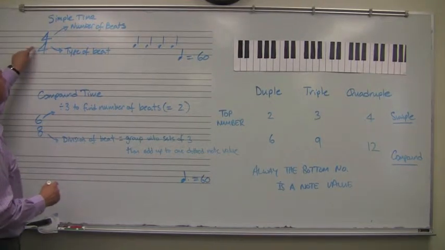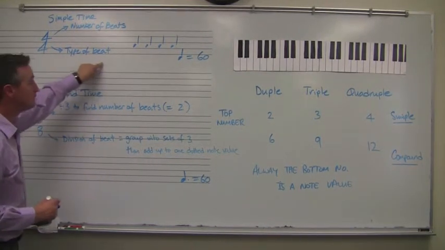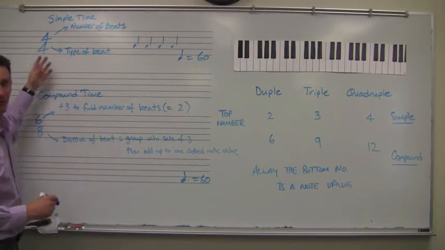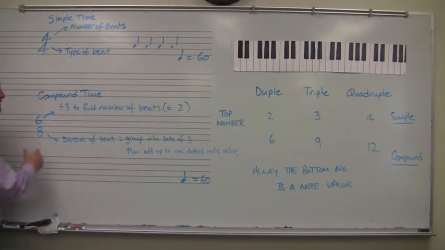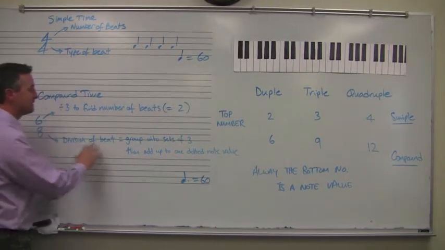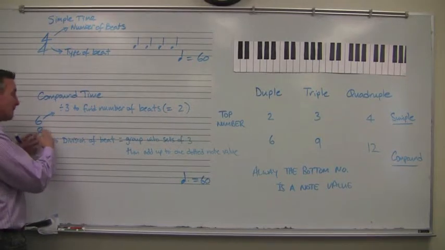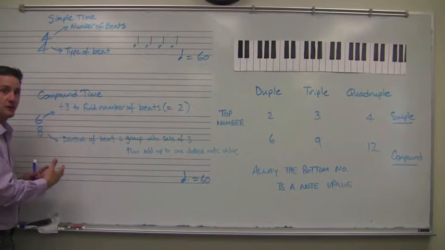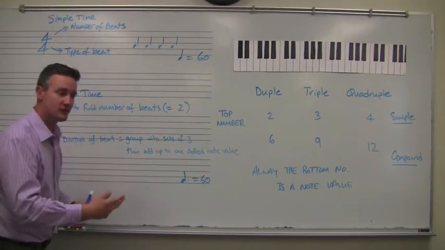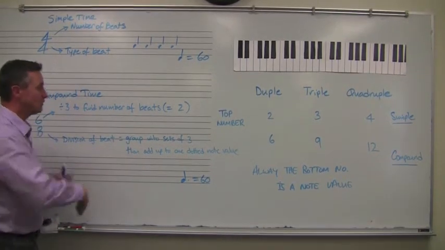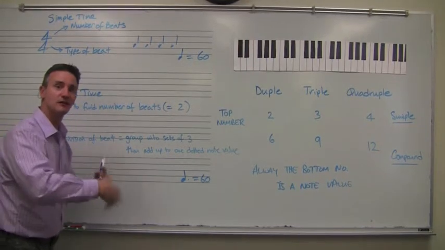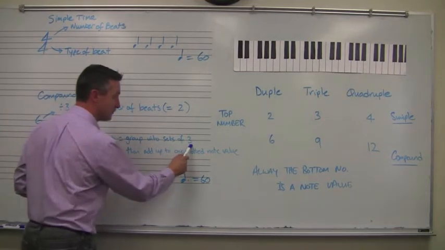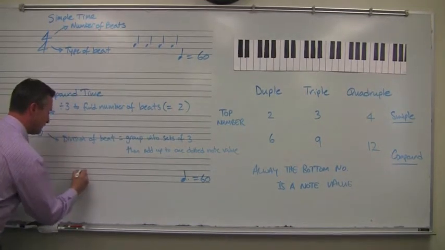Whereas up here, the bottom number told you the type of beat, quarter notes in that case, although it could be, if it was an 8, it would be 8th notes or whatever the note value is. In this case, it tells you the division of the beat. It tells you that your beats, your 2 beats, will ultimately divide down into 6 eighth notes. So because you need 2 beats and you have 6 things, you are going to have to group those things together into 2 equal groupings. And so you would group them into sets of 3,